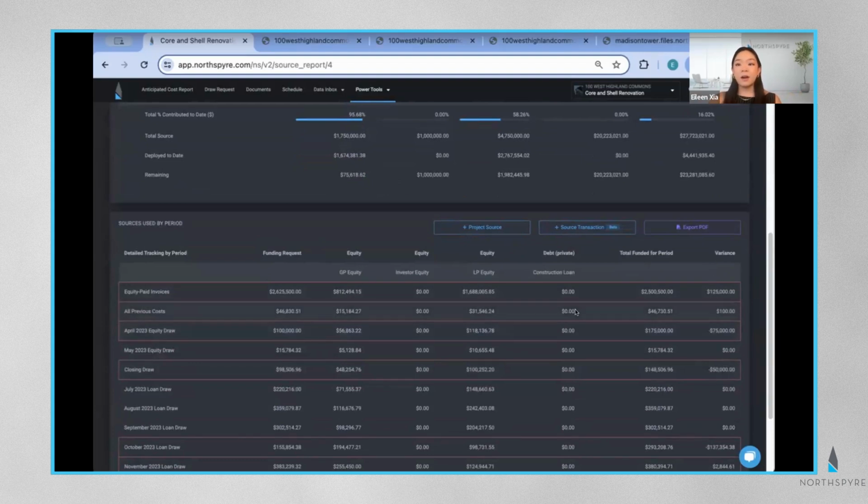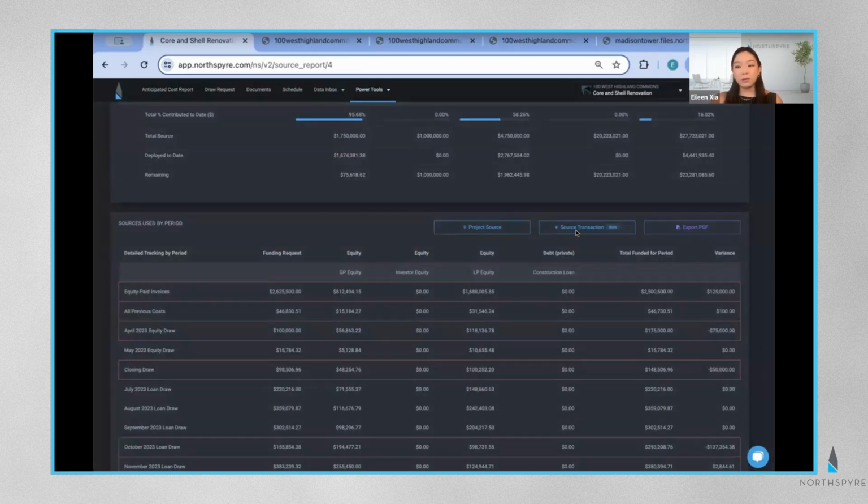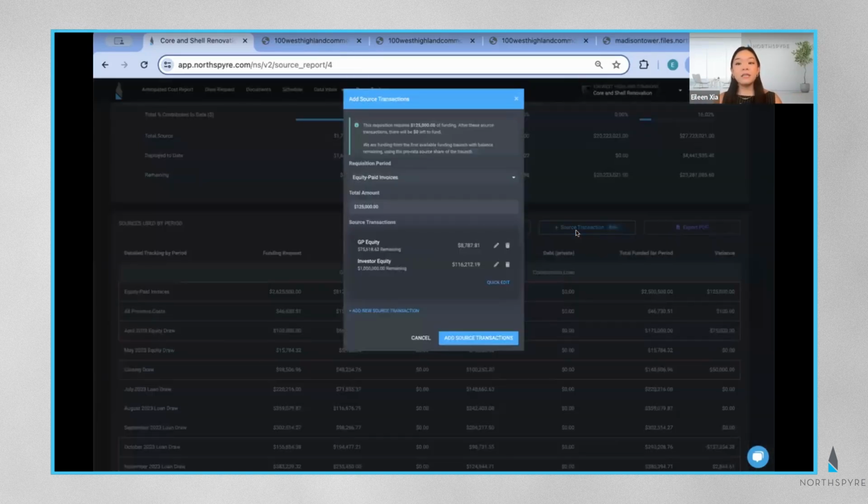In the case where Northspyre indicates that the draw has not been fully funded, I can easily log source transactions in a few clicks. So when I click here to add a source transaction, Northspyre will smartly suggest the exact amounts to be funded in a draw and divide it across the earliest tranche of sources using both the remaining